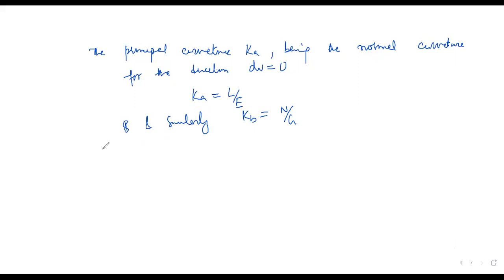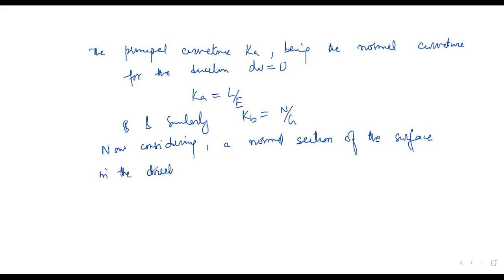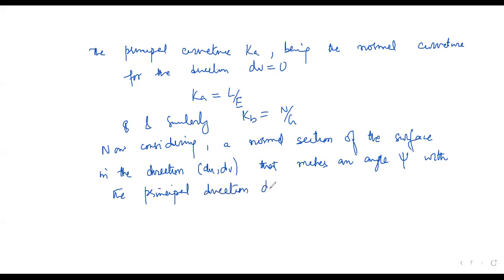Now considering a normal section of the surface in the direction du dv, that makes an angle psi with the principal direction dv equal to 0, the angle between them would be what? So it would be cos of psi is equal to,